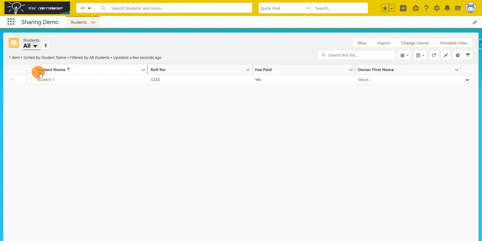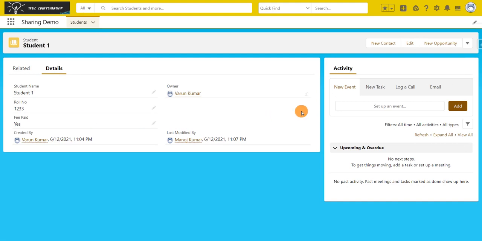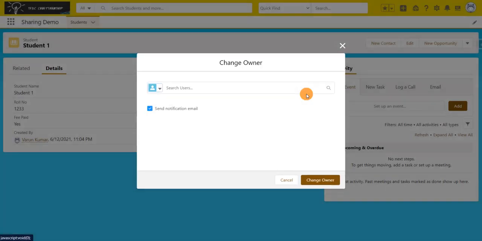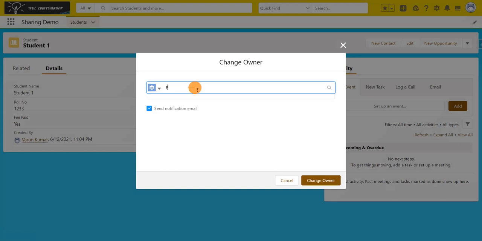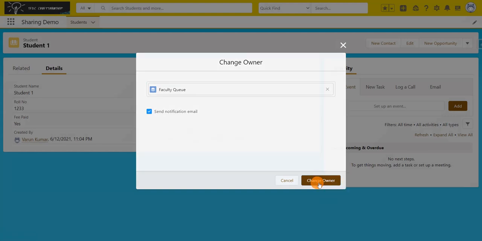I just created a queue called faculty and added two users, Varun and Manoj, as queue members. Now here I can transfer the ownership to a queue. Instead of selecting a user, I select a queue, click on faculty queue and click on change owner.